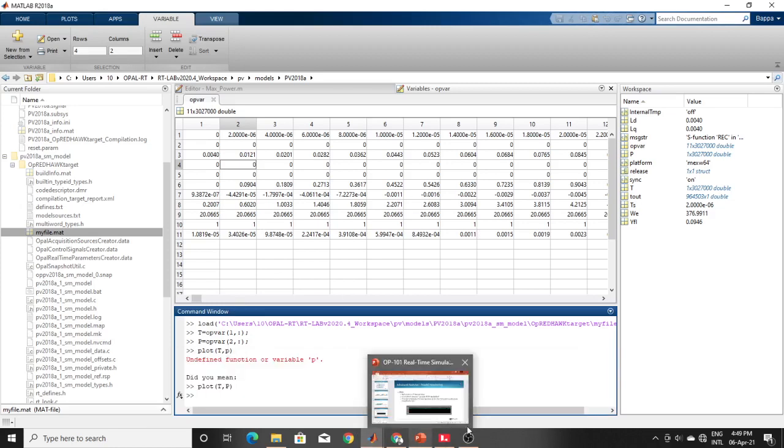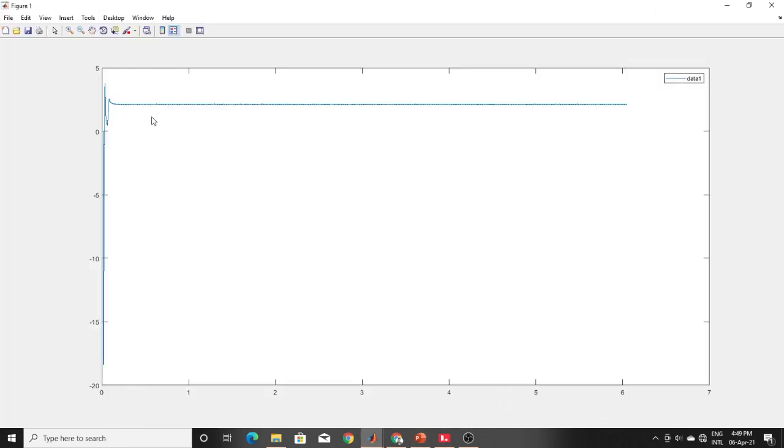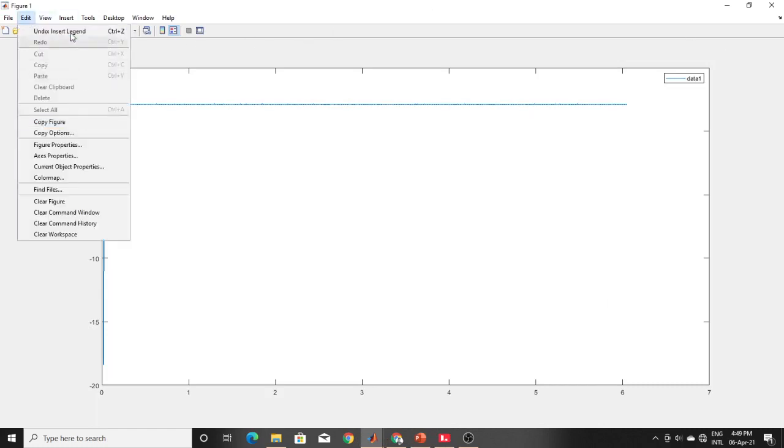From there this window will open, and from here you can edit everything.